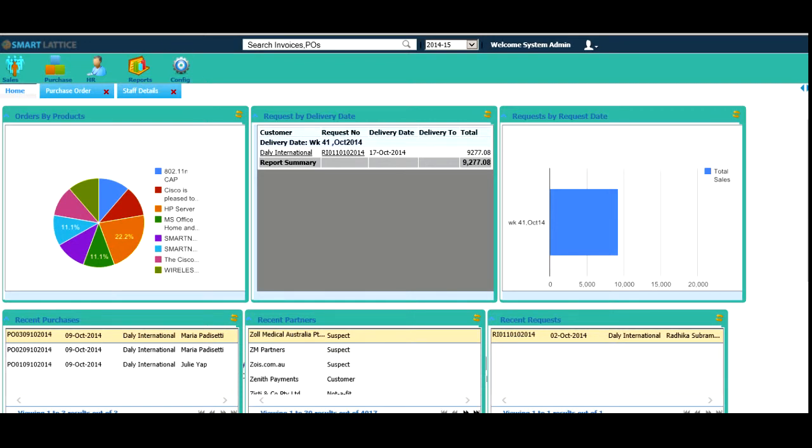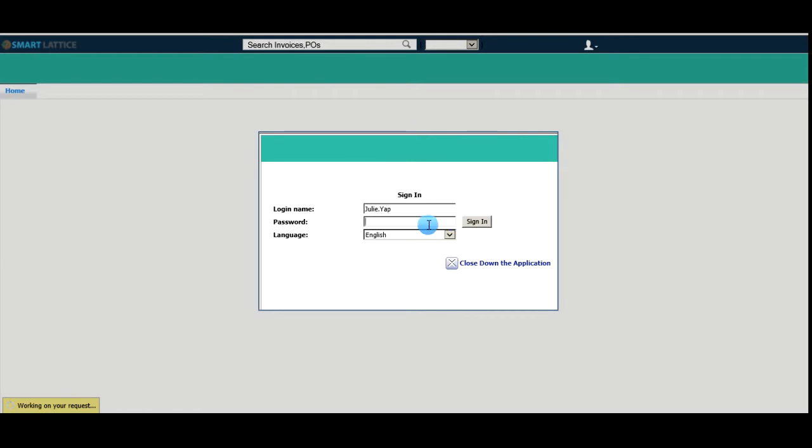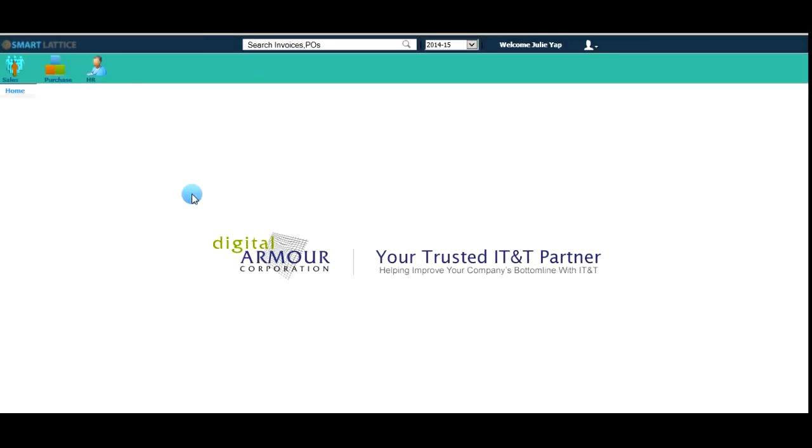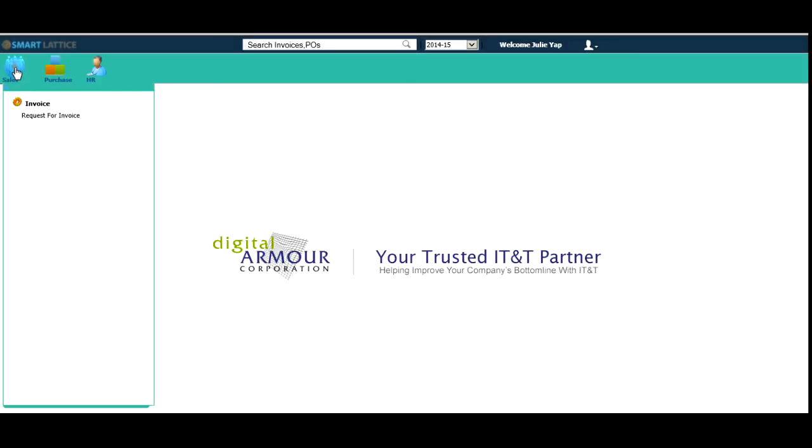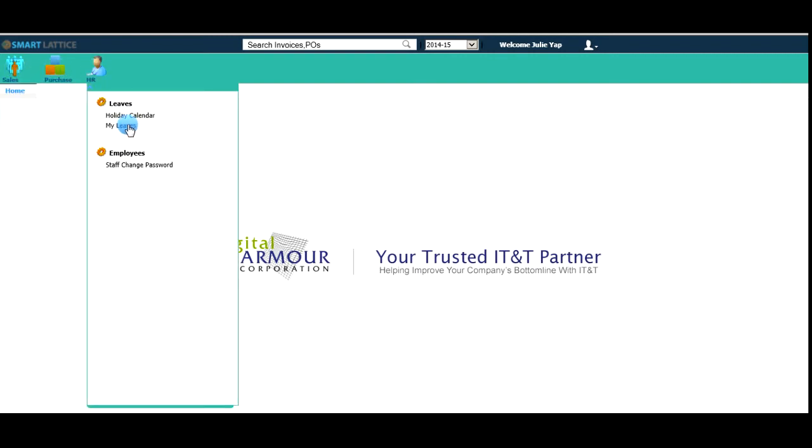I will take you through the different roles and their logins. This is one staff login: request for invoice, purchase orders, my leaves, apply leaves, holiday calendar, change password.